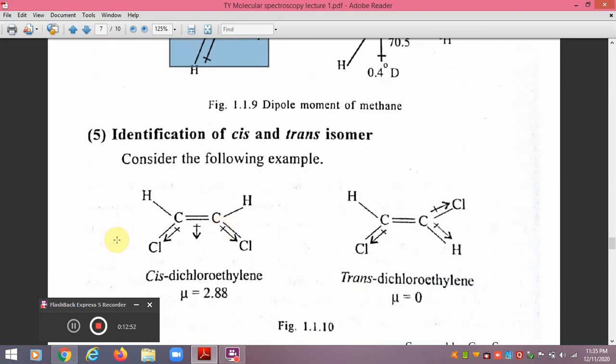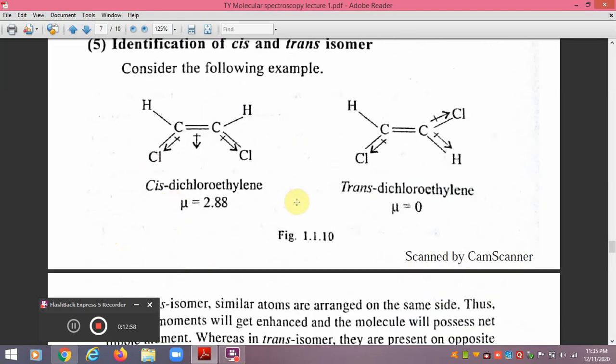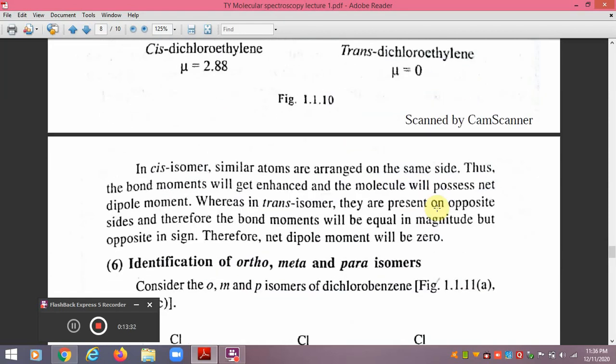Another thing, the dipole moment can be used to identify the difference between cis and trans. Here you can see the cis and trans isomers of dichloroethylene. In cis dichloroethylene, the two chlorines are on the same side and the two hydrogens are on the same side. Definitely the bond moment of this C-Cl bond is not cancelled by the bond moment of the other, and that's why it has a dipole moment of 2.88 D. But in the trans isomer, the two identical bonds are exactly in opposite directions, so the bond moment of this bond is cancelled by the bond moment of that bond, while the bond moment of this bond is cancelled by the bond moment of that bond,